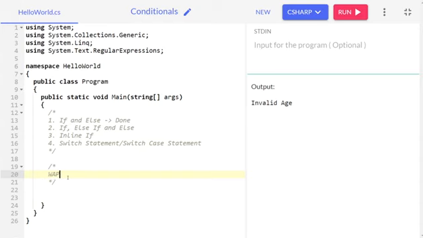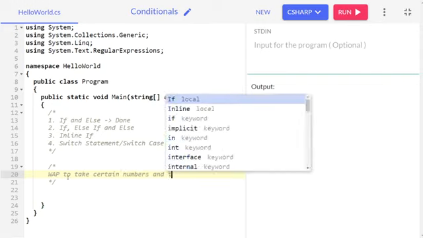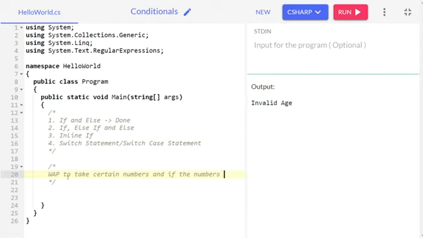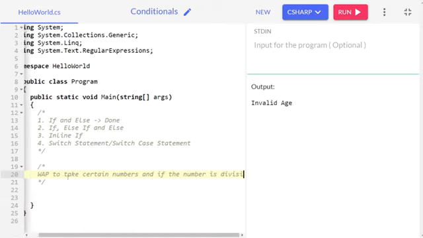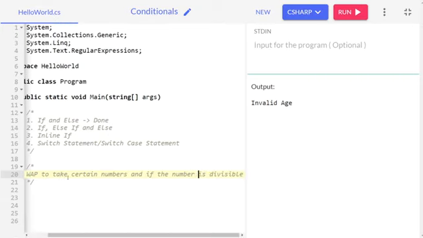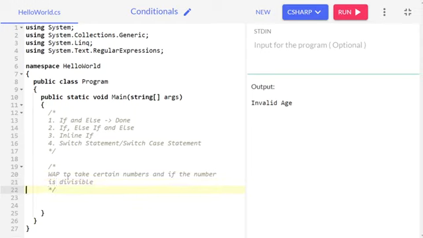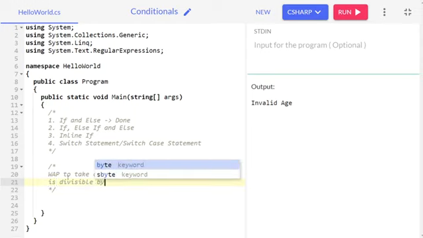Write a program to take certain numbers, and if the number is divisible by 2, then we have to print "divisible by 2",